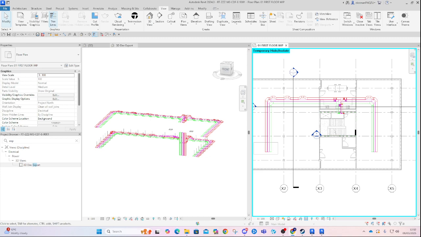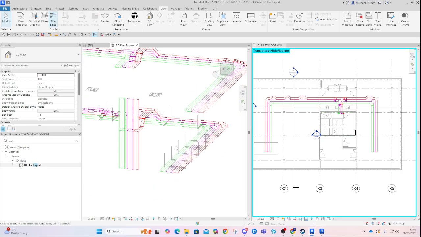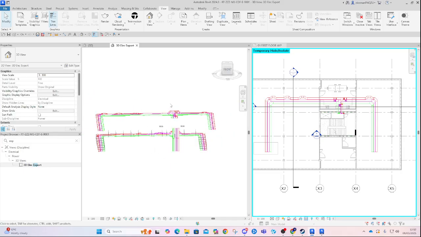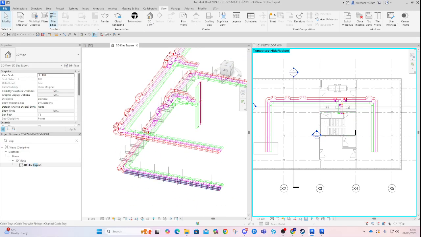Hi everyone. I'm going to show how to add brackets in Revit MEP. So I'm going to just choose the electrical model. As you can see, I have them added here on the ground floor, and what I want to do is replicate that. I have a little bit of a different layout, but I want to replicate it as best as I can